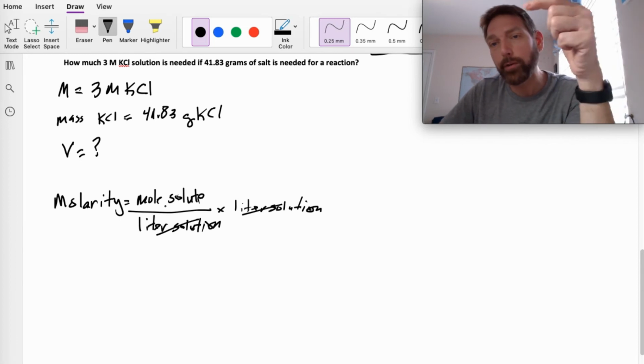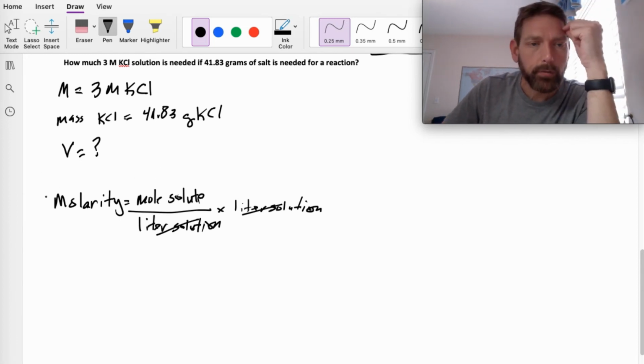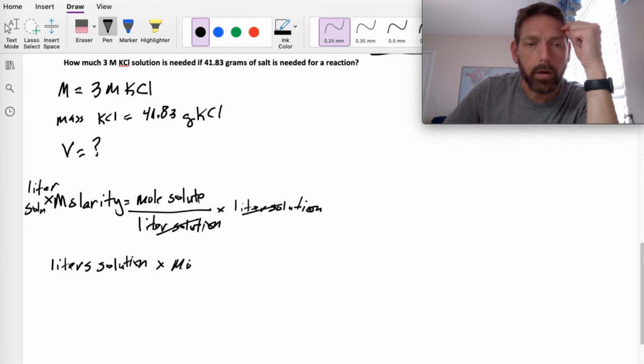But it's an equation, you got to do it to the other side, right? So obviously you have to multiply this side by liters of solution as well, right? And so now what you have is liters of solution times molarity